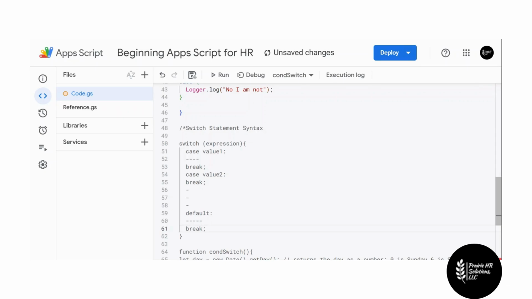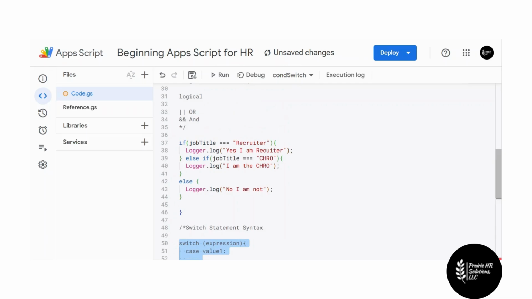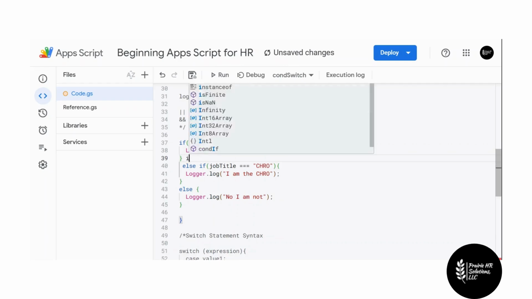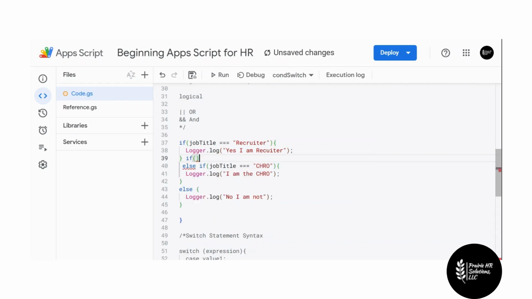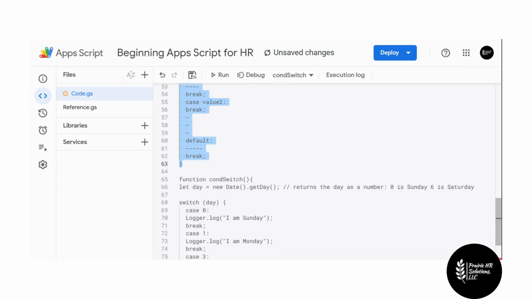Now, the good thing about switch is, believe it or not, switch is a lot cleaner. It's a lot easier to read, because if we got into an if statement and then it's like, ooh, I'm a recruiter, well, then we can drill down even further and do what's called a nested if, which would then end up looking like another if statement here. So you can see that it can get actually pretty complicated. But with a switch, it's a lot cleaner. And believe it or not, it's a lot faster. So if you have a lot of conditions to actually check,